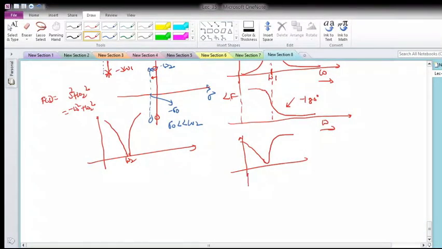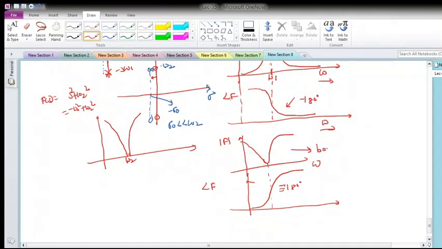Okay, and what about the phase behavior? With respect to omega, this is the magnitude and this is angle f. Now in this case what will happen? There will not be a sudden jump of plus 180 degree, but there will be a smooth jump of plus 180 degree, which is approximately 180 degree. So this kind of behavior is basically the behavior of a band reject filter or notch filter, and the other kind of behavior is the band pass behavior.